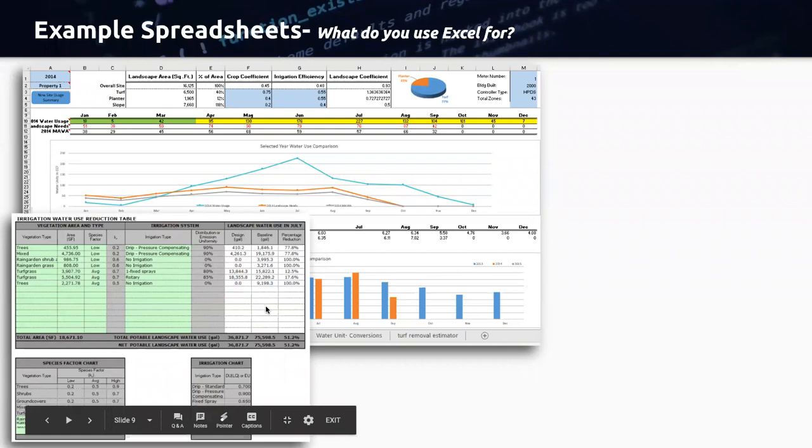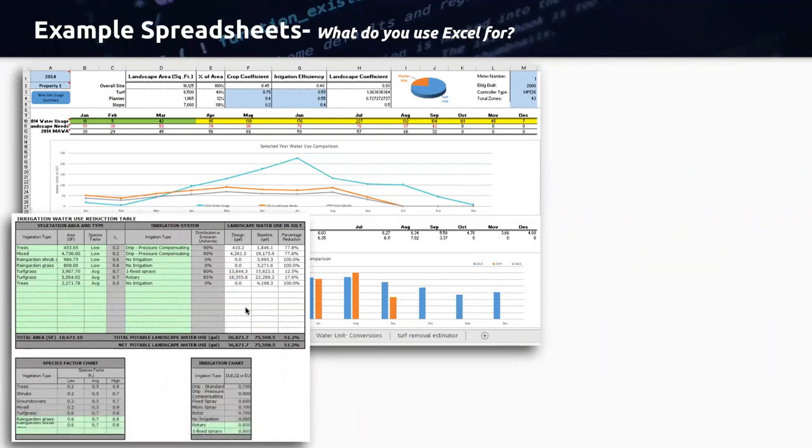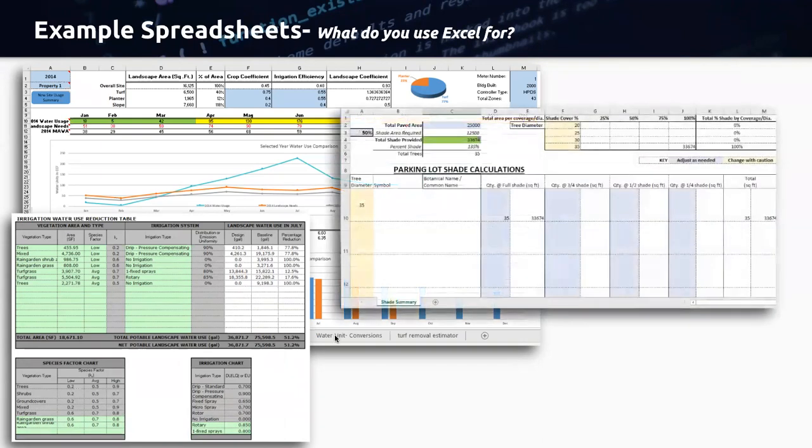Again, just keeping all of the power of Excel for these actual formulas and stuff, so you don't have to do it manually, first of all, but it helps limit that error potential. A new one that we've been playing with, and a lot of people have been asking about, is shade calculation stuff, where we've got to provide a shade calculation for our landscape plan. And so how do we quickly generate a lot of the numbers that they are asking for and put it into a readable and logical order for those reports?